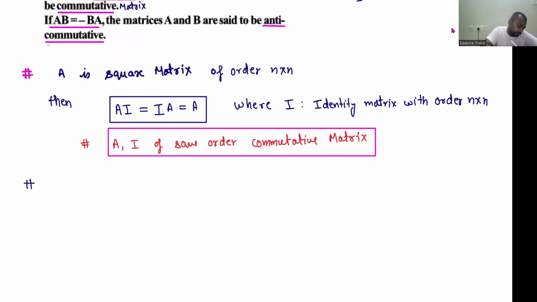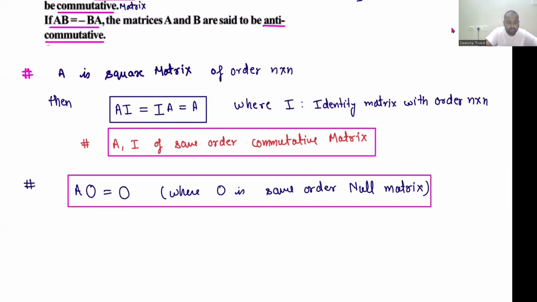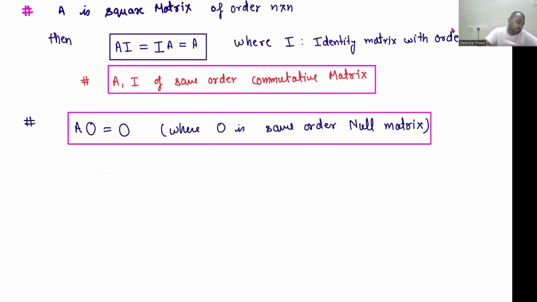Next result we are using: A into O is O, where O is the same order null matrix. So we are saying if a null matrix is multiplied with any given matrix, then we always have a null matrix. So A into O is the same as O. Done. Next,